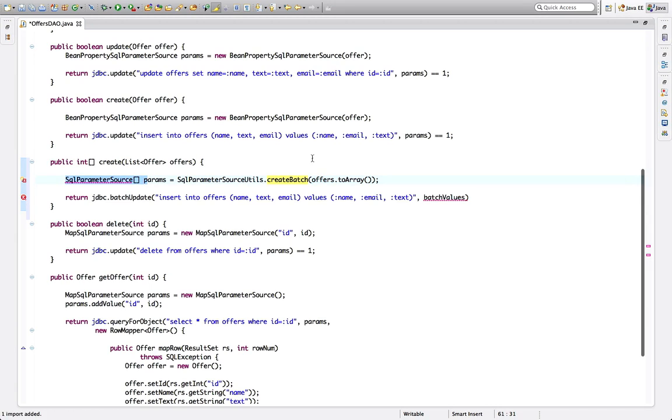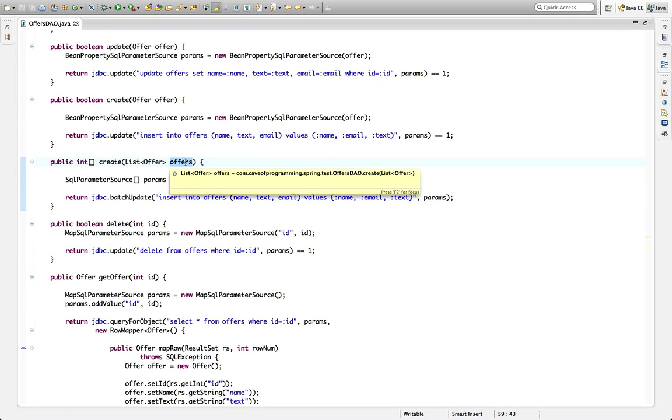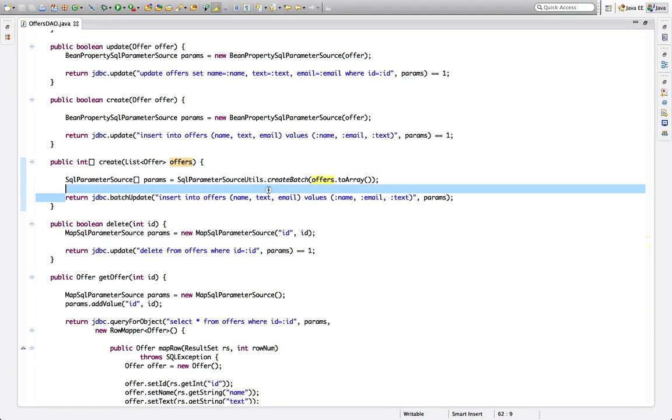Let's add the import there for SQL parameter source, and finally I can supply that array of SQL parameter sources to my batch update. So now we've got a method which is going to run this statement for every object in this list. If you're puzzled by this at all, then if you look at this,